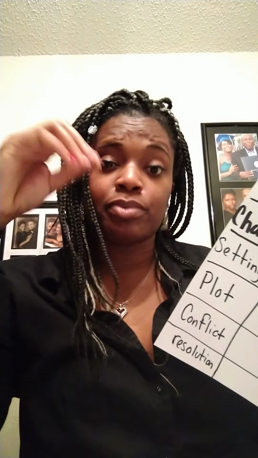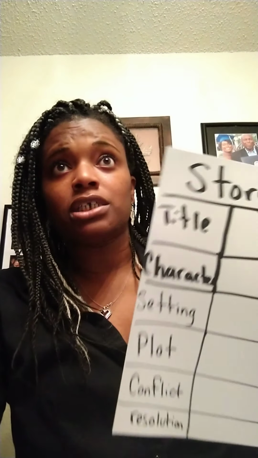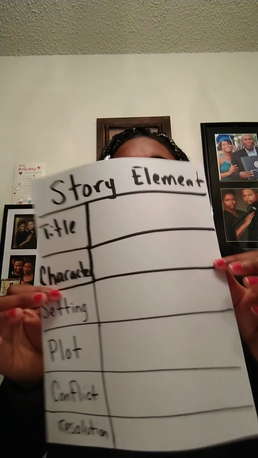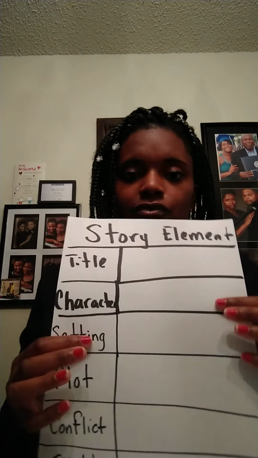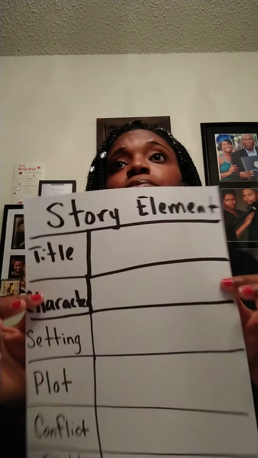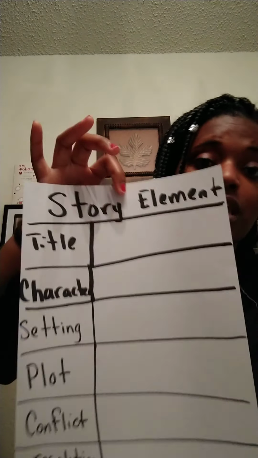Also, if you do not have books, you can look up books on YouTube for them to listen to and or watch, and also fill out this information. I understand sometimes we don't have all these resources that I'm saying. You can use notebook paper. It doesn't have to be straight white paper. There's also paper that I sent with them. Not everybody got the same paper, which is why I'm doing it this way, just so you can see that you can also create your own. That's story elements for reading.